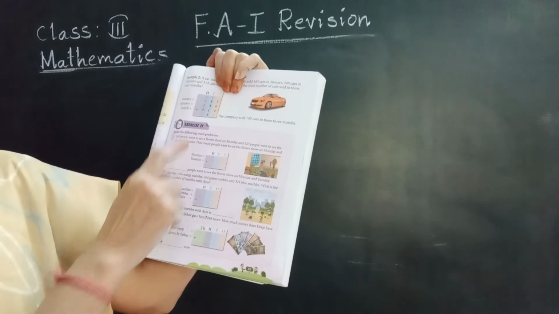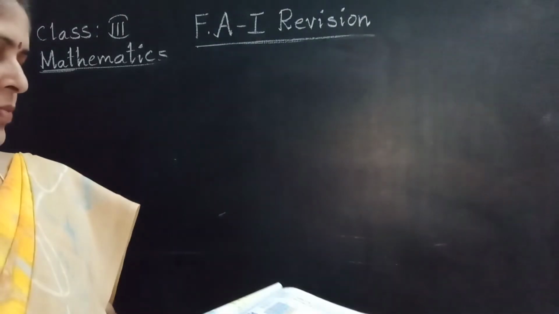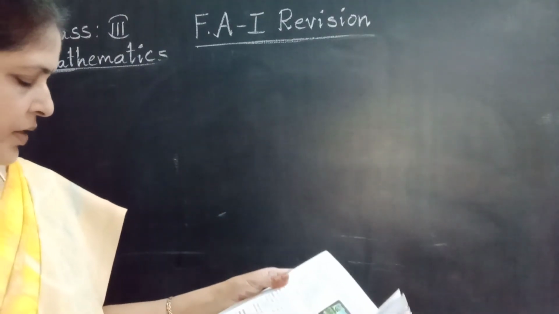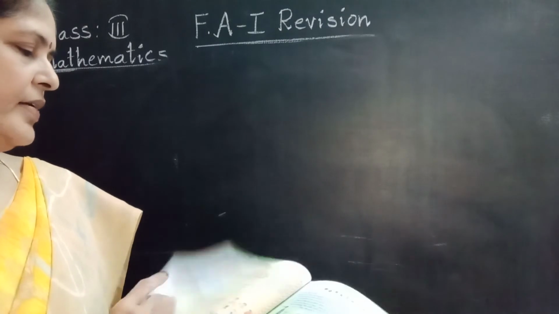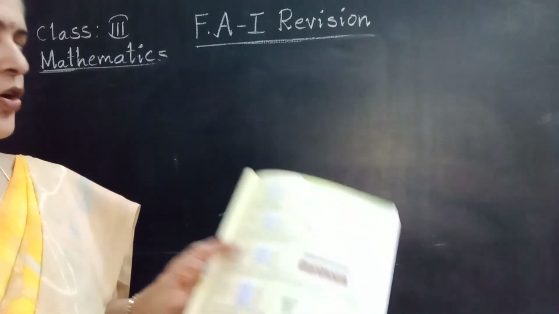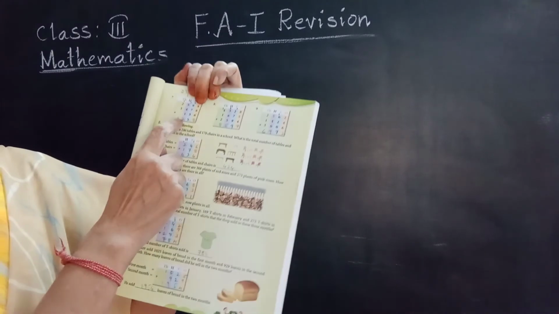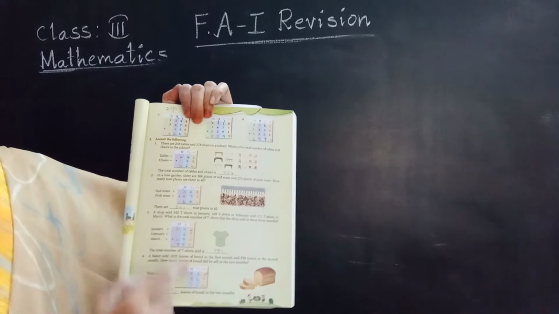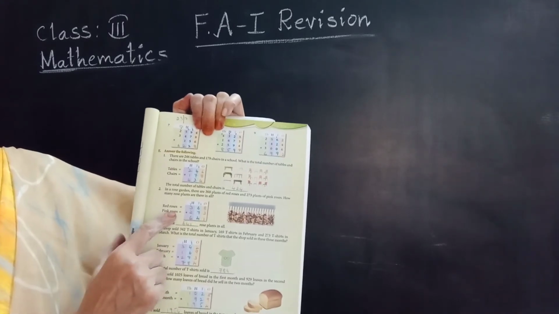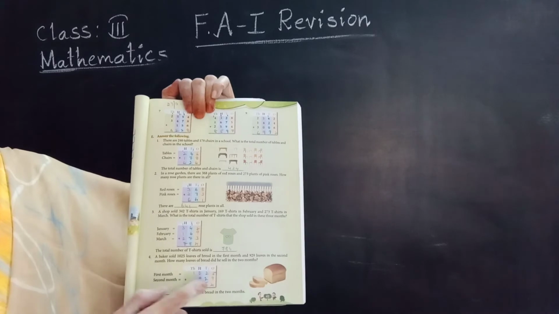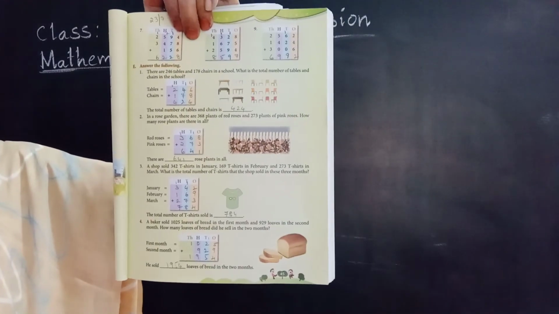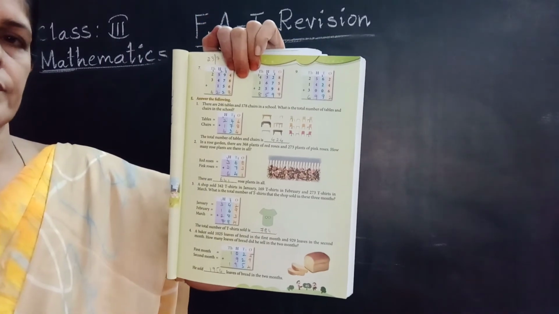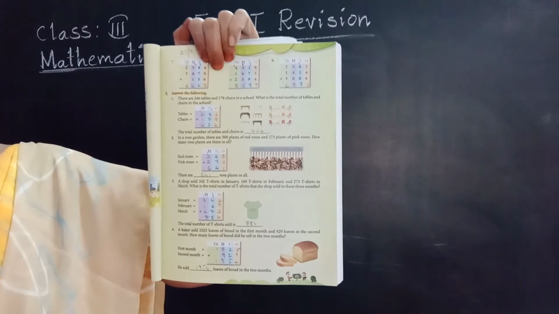Exercise 2F, questions 1, 2, 3, and the fourth one is here. Page numbers 39 and 40. Another one: chapter revision having 4 word problems, 4-digit numbers, 3 lines addition and word problems. Steps are also given. You directly find the total and write the answers. Practice these word problems also. Okay. See in our textbook.